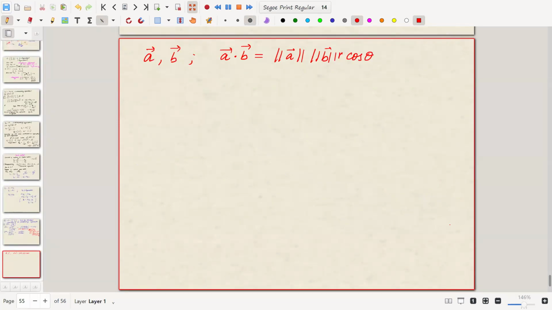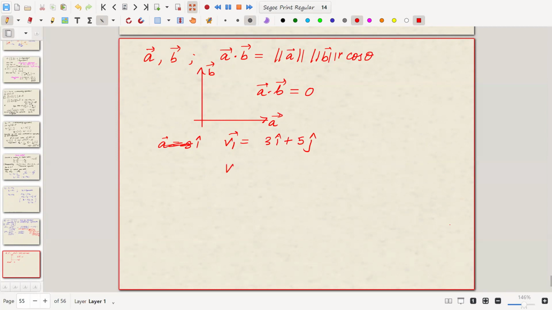But what this dot product tells us: if you have two vectors A and B perpendicular to each other, what is the dot product? The dot product will be zero because cos 90 degrees will be involved, isn't it? Fine. But more importantly, there is another way of representing the dot product. Suppose A bar, you already know you can represent using I, J, and K cap. Suppose V1 bar is 3I plus 5J. And V2 bar is just